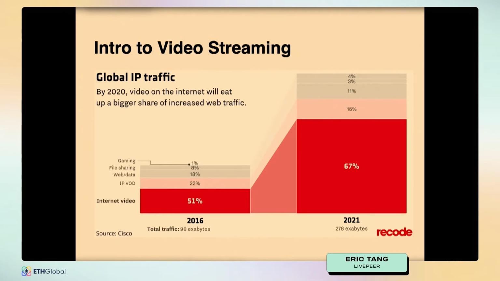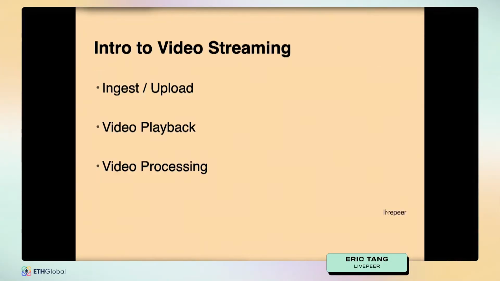So without a doubt, it's the most important tool that you can use when you're building a mass consumer application. And the reason is that video is the most effective tool for storytelling and for communication, right? It's the most direct and the most dynamic and the most impactful. So if we look at a video streaming application, there's really three parts, right?